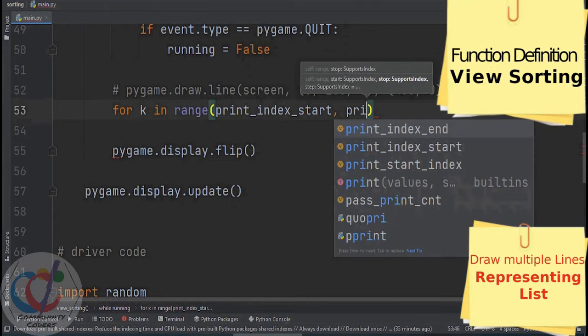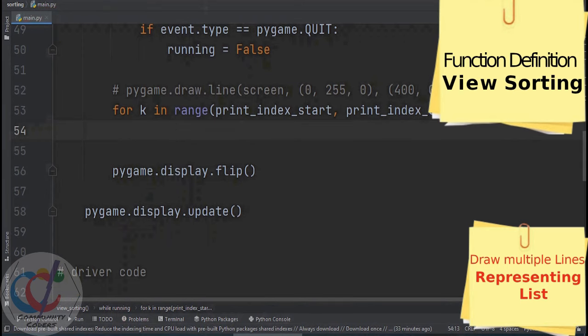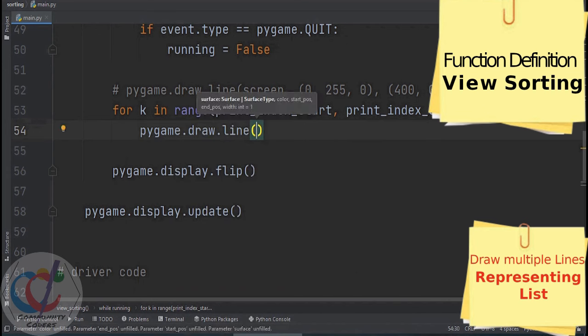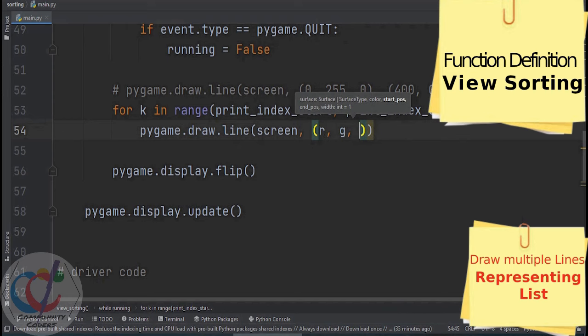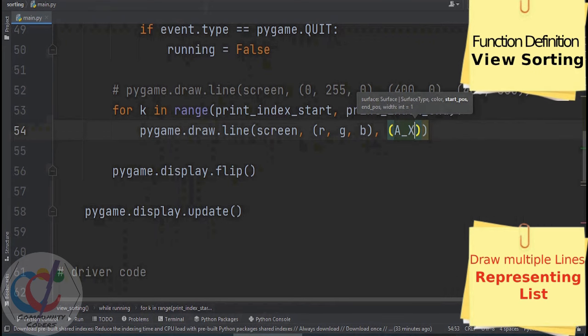So I'll traverse my code like that here, and I will draw my Pygame dot line here with my screen as canvas, and then I'll have this RGB, which I have already declared, for drawing using a certain color, and I will pass my AX and AY variables, which are the coordinates of point A of that line, which is representing a particular number,